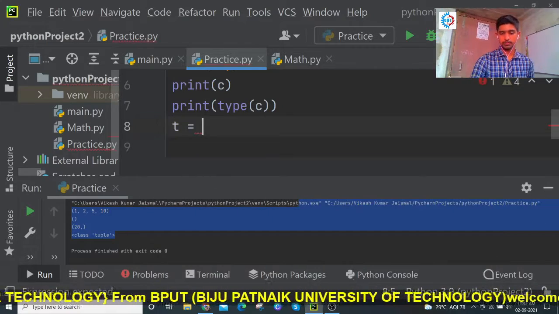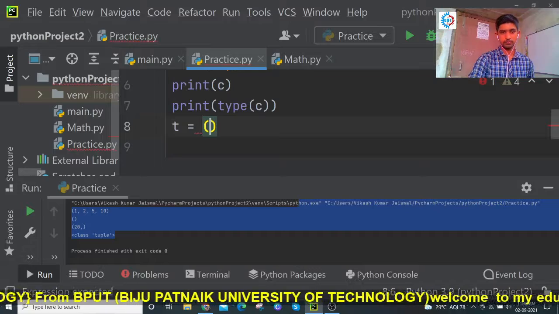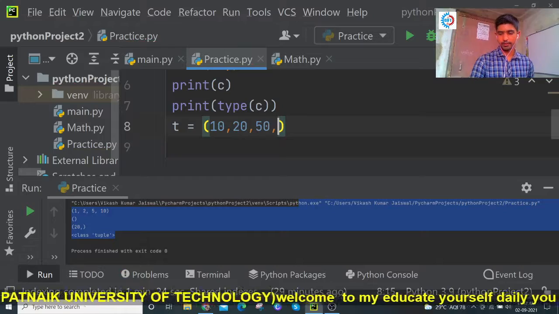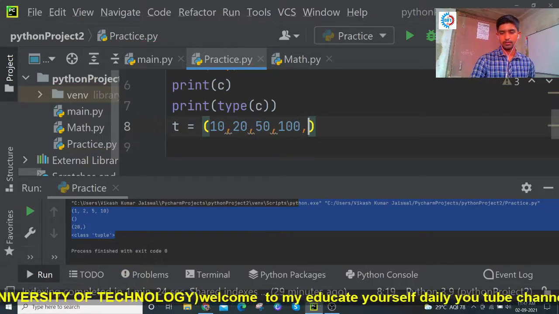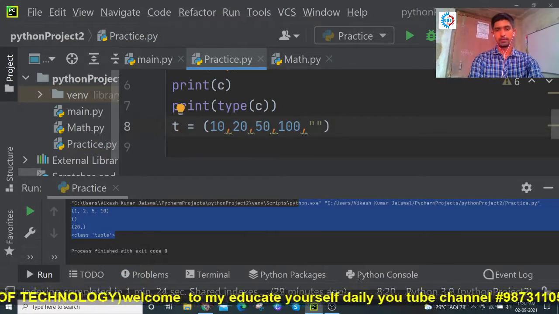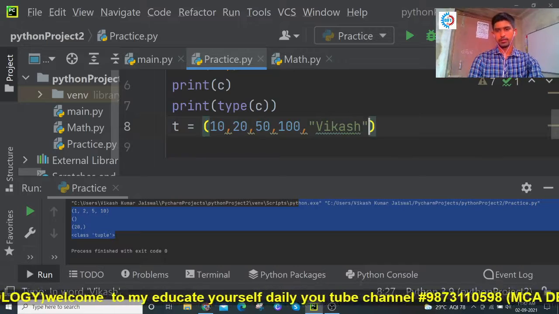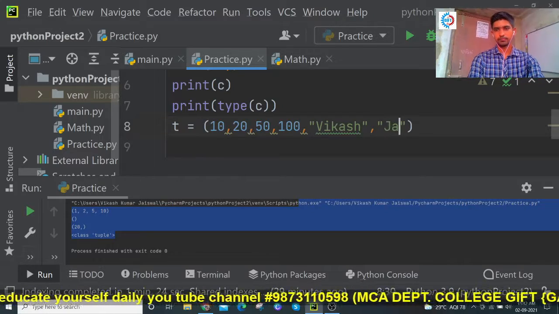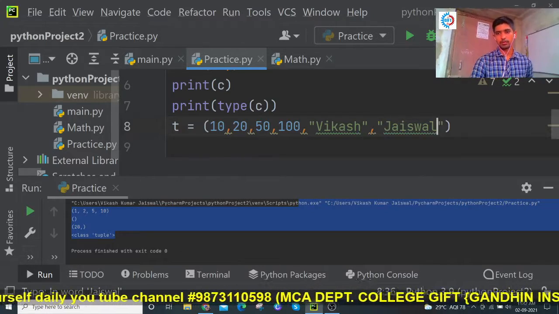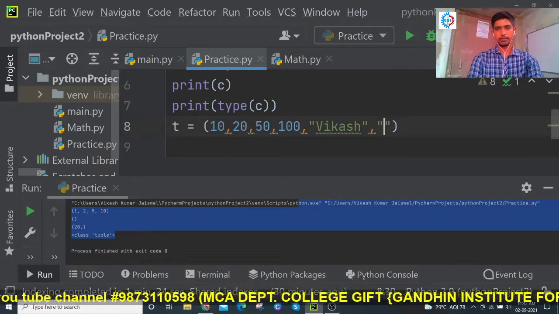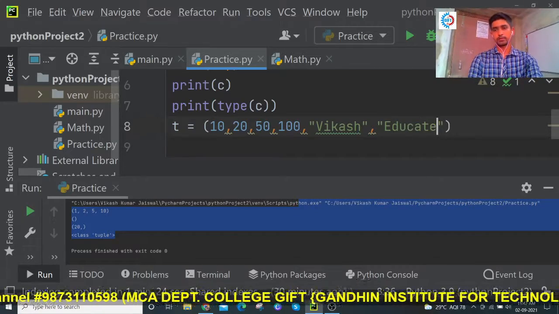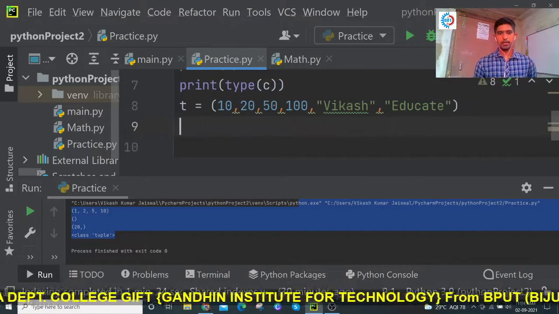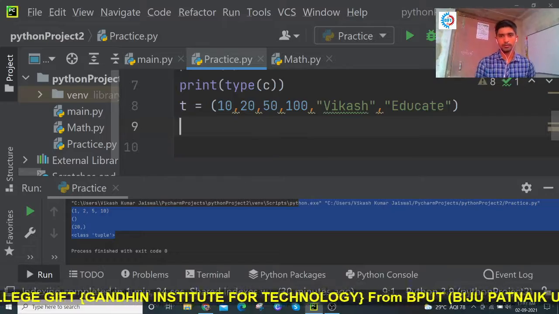T equals 10, 20, 50, 100, and this is Vikas and this is Educate. Okay, so this is my t tuple.